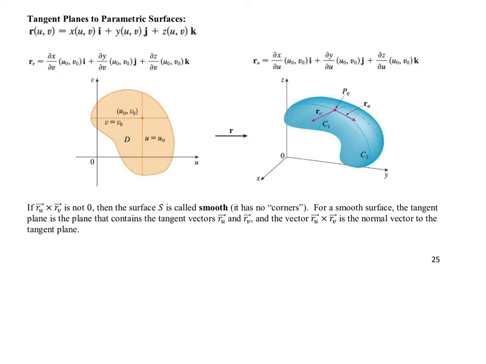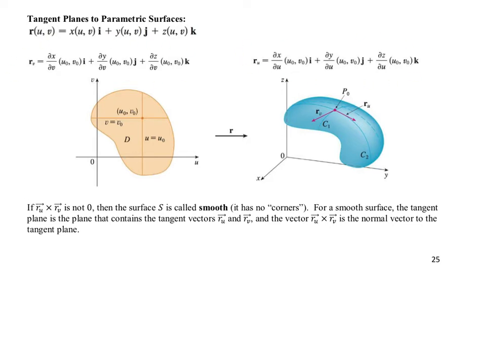If you had a particular surface in space that was represented by r of uv, and you had the partial derivative with respect to u and the partial derivative with respect to v, you would have two little tangent vectors at a particular point on the surface. Those two tangent vectors are going to lie in the tangent plane. So if you were to picture the tangent plane on this particular surface at this particular point, these two vectors are in the tangent plane based on curve 1 and curve 2,